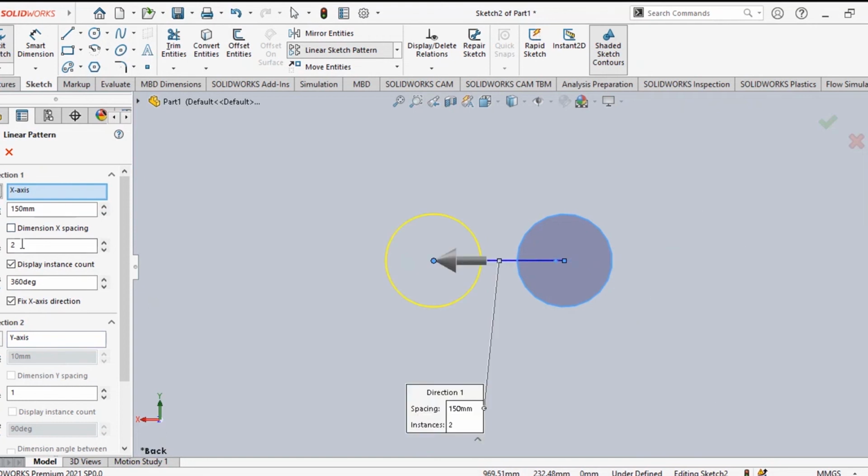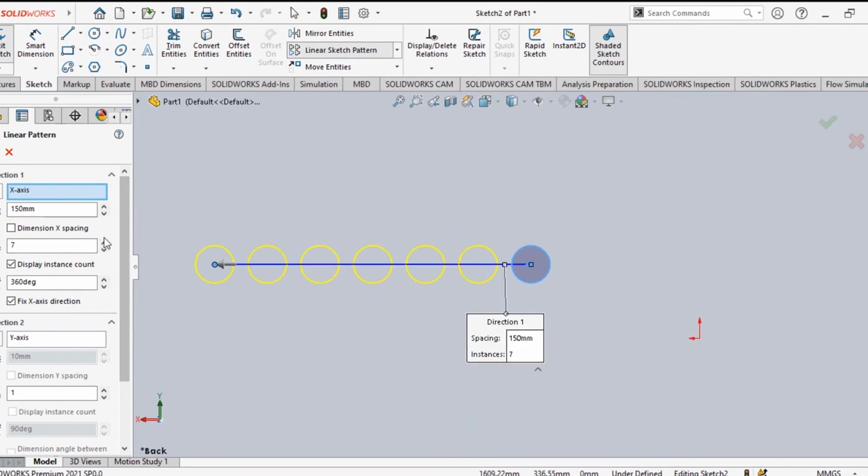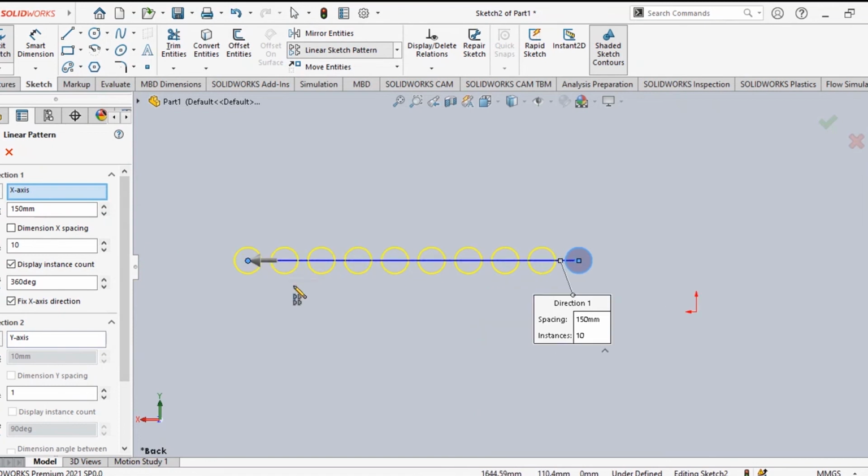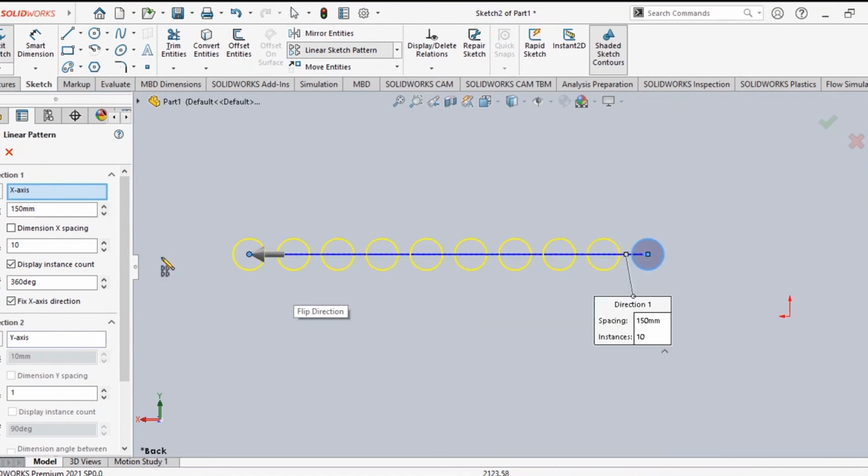Now, down we can see two numbers of arrays are being made. If you change this one 3, 4, 5, it will be made multiple numbers. See, multiple numbers of these same objects is made. 7, 8, 9, 10 numbers of these multiple numbers of made. Right. This is 150 millimeter away. In this side you are making.